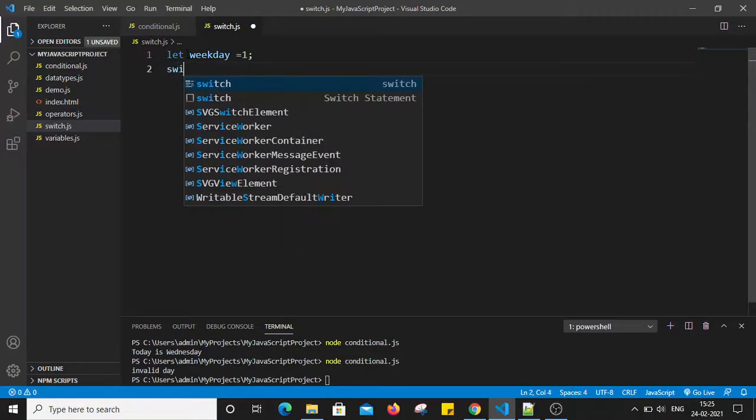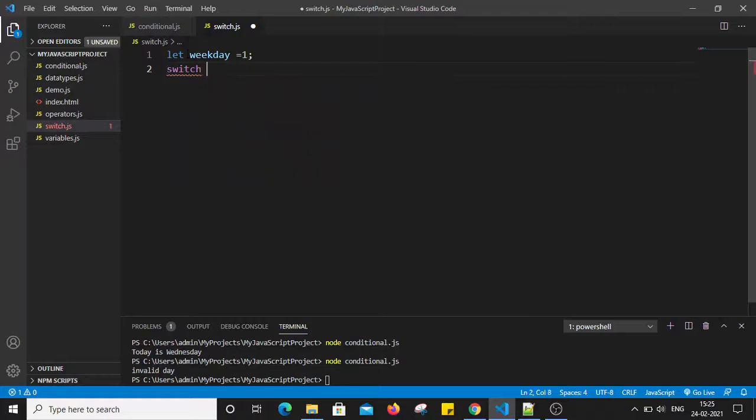I will use the switch statement here, switch in brackets weekday, opening the curly bracket. Now I am just going to give the case and the condition which we have to check. So here we have to check whether the day is 1. For example, if my day is 1, then what do I have to print? So if case is 1, then console.log,